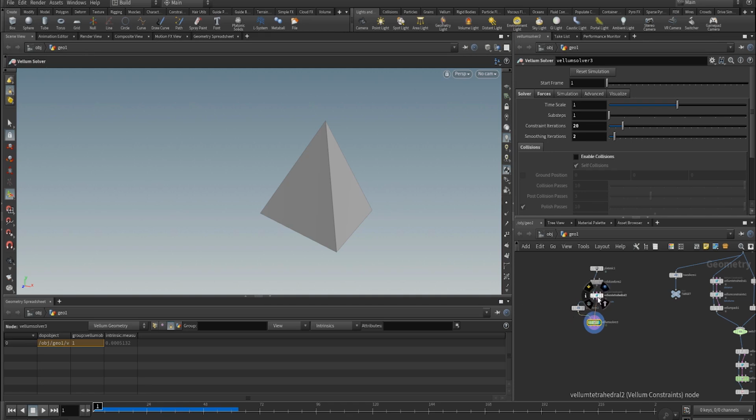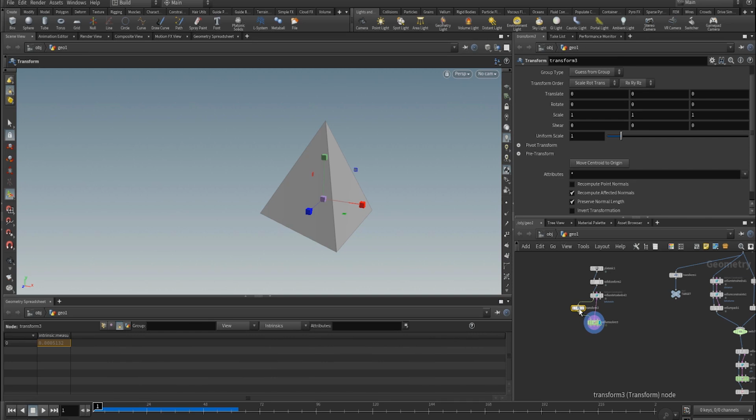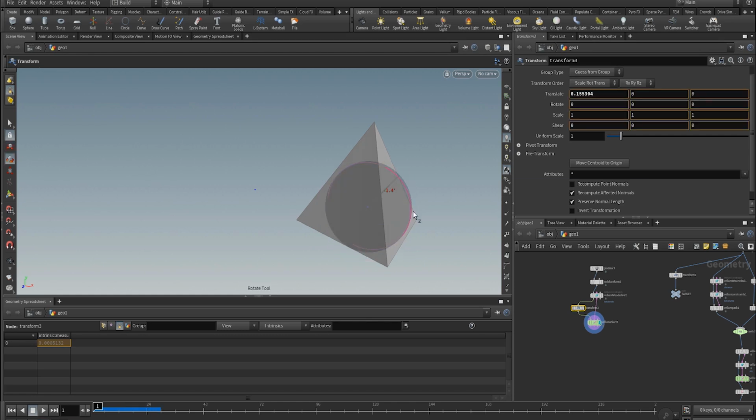So we're setting up the constraint here. And if we look at what's coming out of there, you can see there's a single constraint. So there's one constraint per tetrahedron, and it's got this rest matrix attribute here, which basically is what's encoding the shape of this tetrahedron. And then after that, we have this transform where we can rotate or translate the tetrahedron. So if we move it, then of course, again, nothing really happens. If we rotate it, again, because as I was describing the constraint, we're essentially ignoring any rotations. We only want to worry about stretch and shear. So again, nothing happens. If we finally actually scale it